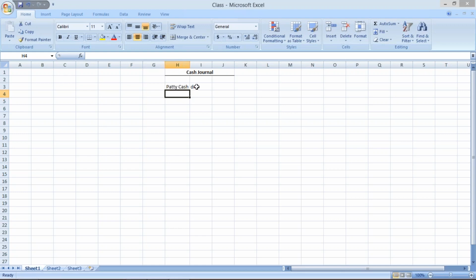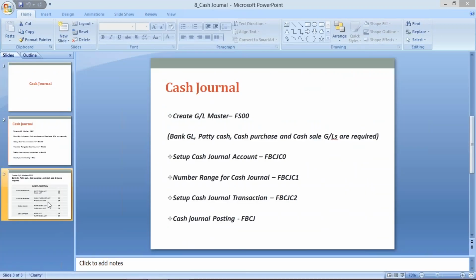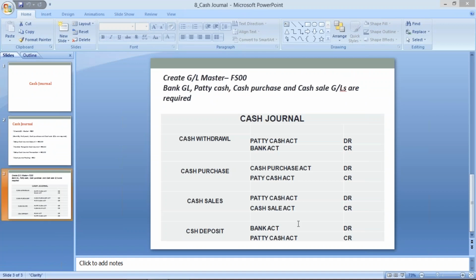So that will be credited here, and cash purchase will be debited. These are the transactions I have already recorded here. So generally four kinds of transactions will be there.